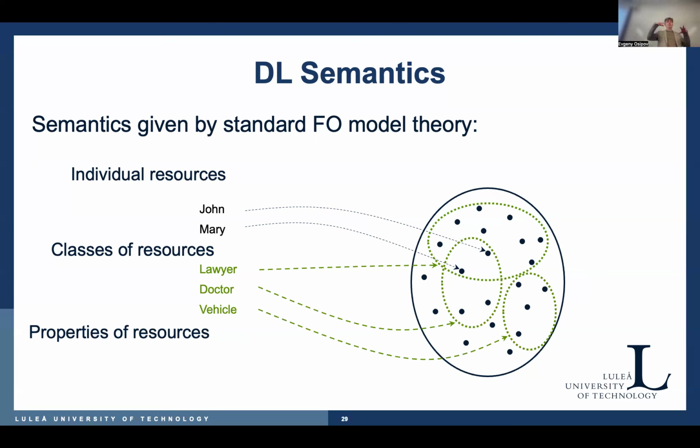At the same time, we have another domain, for example vehicles, with its own individuals, its own properties, its own classes, like personal cars, trucks, whatever. And then we have properties, again depending on the domain, so there can be different ones. All in all, creating an ontology is to wire all these things together formally,